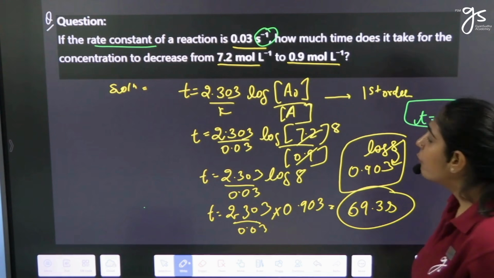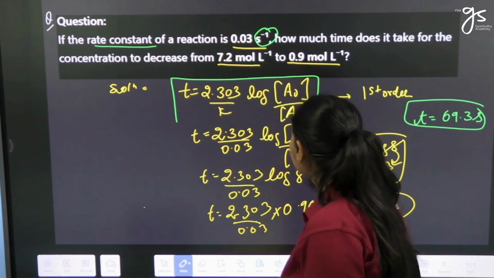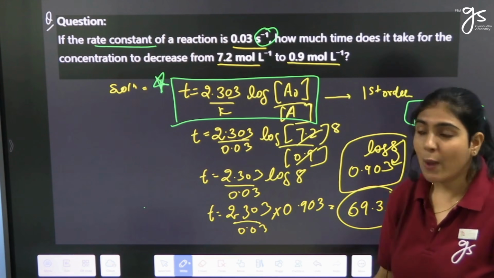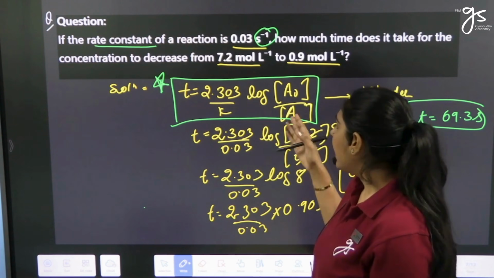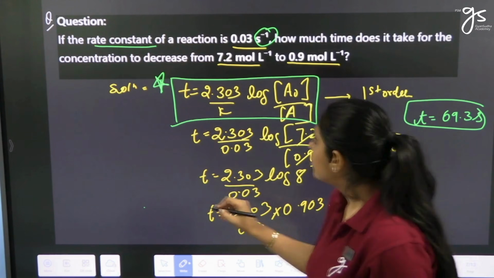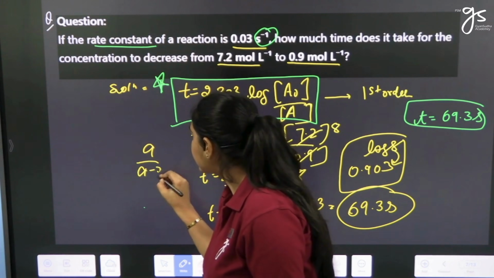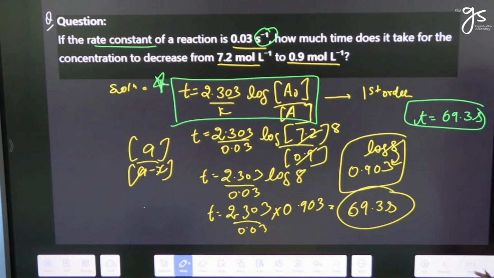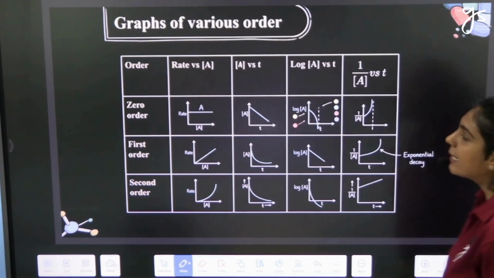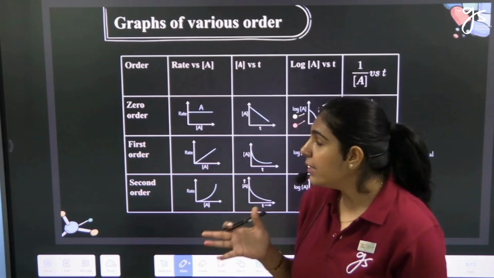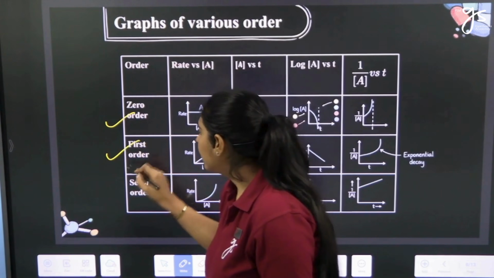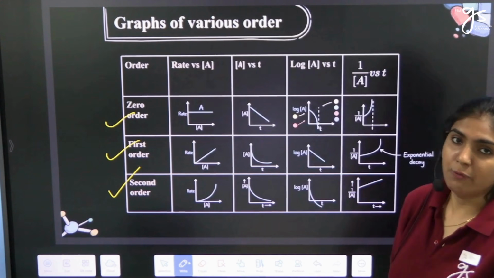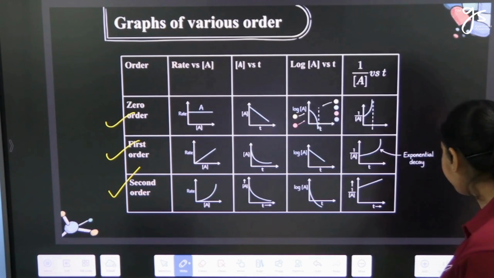So this kind of question also comes, right? You must be aware of this formula, which is very important for the first order reaction when the concentrations are given, [A]₀ and [A], or either in terms of a upon a minus x. I hope you are clear with that. Now moving ahead with our next topic, that is graphs. Graphs are very important for zero order, first order and second order. Yes, you can take the snap once I'm getting aside.